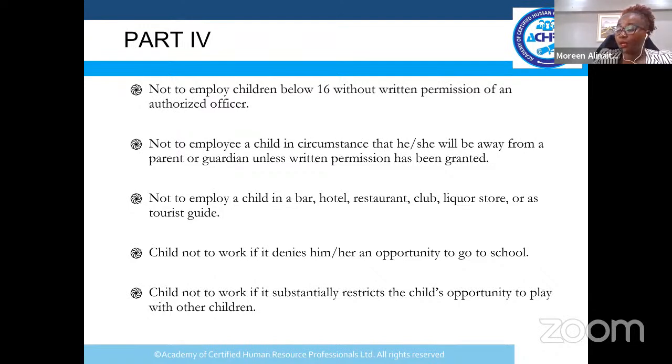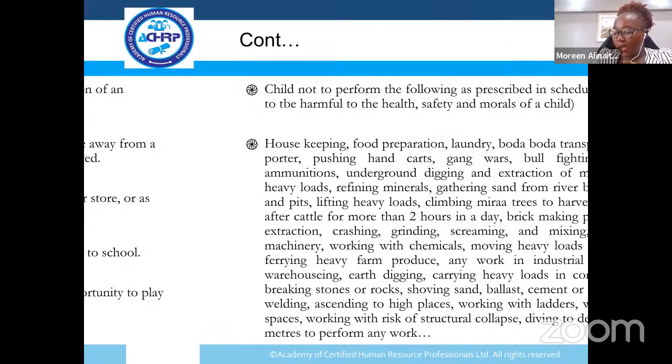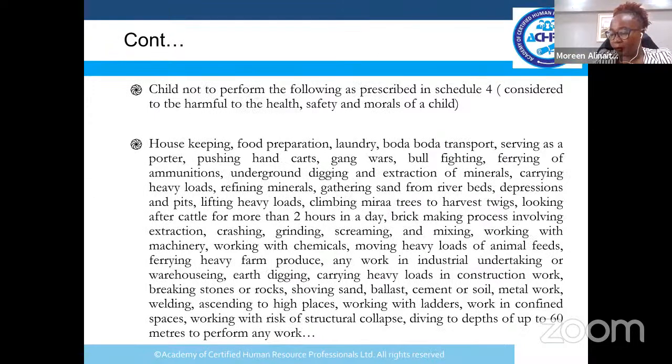Okay? No person shall employ a child to perform any work which denies the child an opportunity to attend school, or to perform any work which substantially restricts the child's opportunity to play with other children. The rules are very clear on this. Okay? Now, the rules continue to say